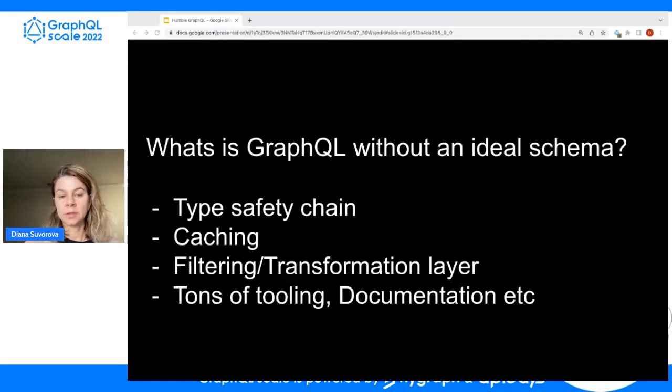Next, it is a filtering and transformation layer, for any additional logic that you want in between the backend and the front end. And obviously tons of tooling, documentation, schema browsing, all those wonderful tools that the GraphQL community has developed, and I love to use them.